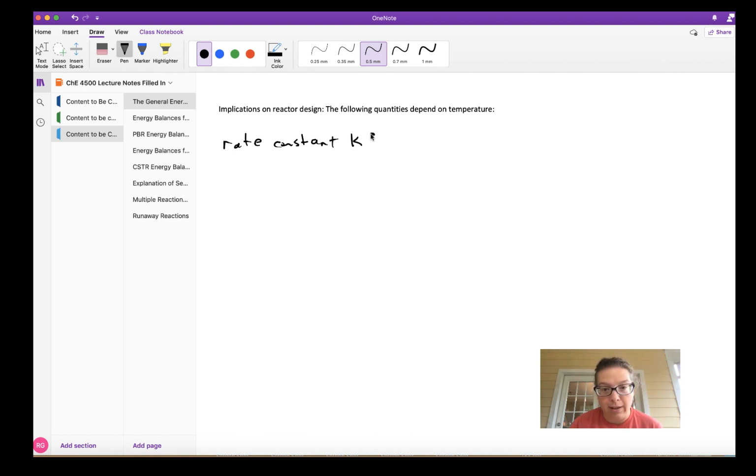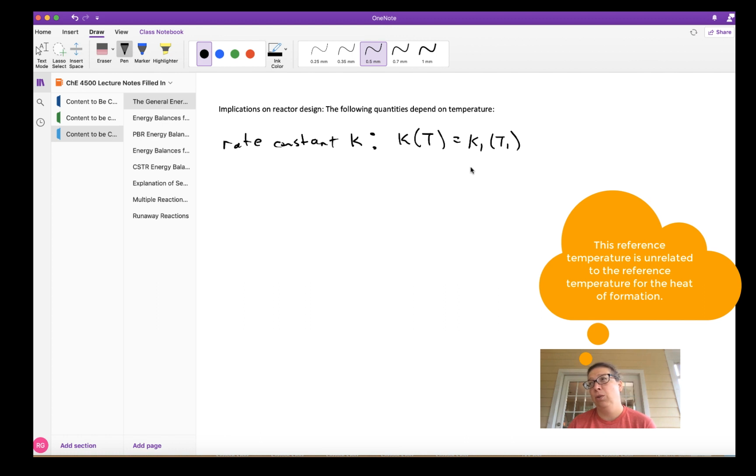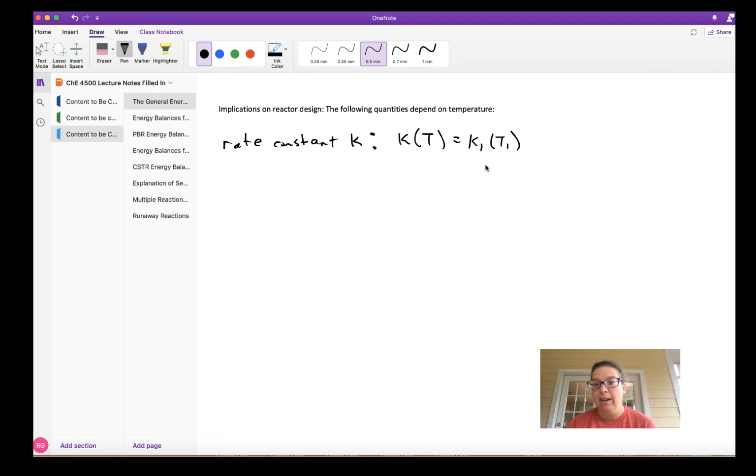So k of T is equal to a value, k, given at some reference temperature. What this means is sometimes you'll be given something like the specific rate constant is equal to 6 times 10 to the minus 3 at 298 K. In that case, this value would be 6 times 10 to the minus 3, and this value, T1, would be 298 K. So what we're going to do is take this reference value and multiply it by the exponential